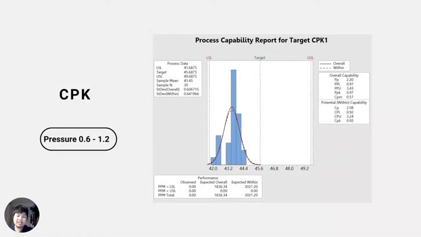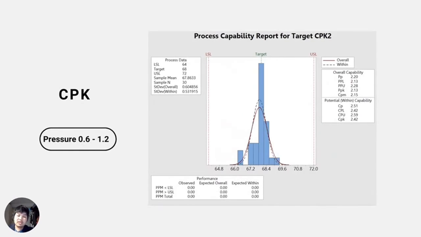If you look at shot 1, the target Cpk is 45.6875 toward the LSL but does not fall out of the specified range. So it can be concluded that the process capability meets the specified range. But if the target 68 falls out of the range,